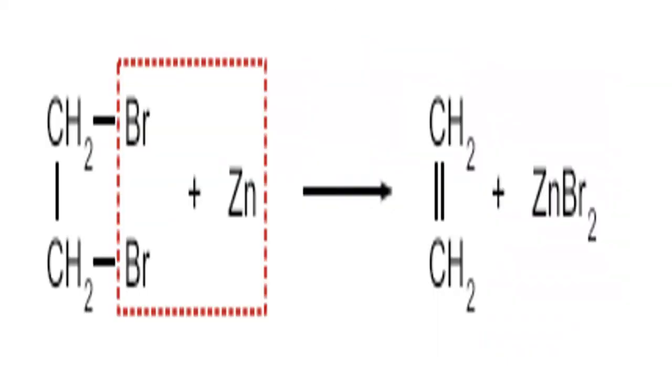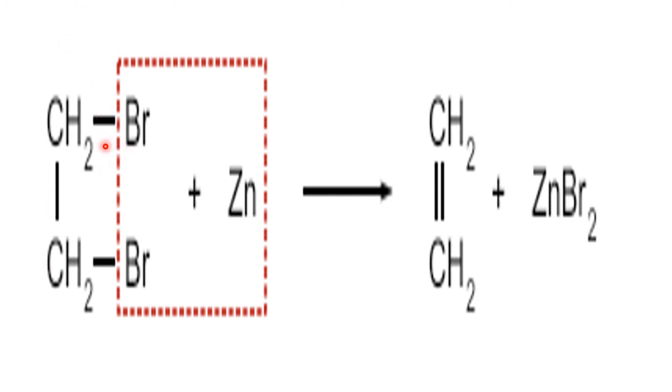Okay. Now, one more, from vicinal dihalides. Okay, what are vicinal dihalides? Vicinal dihalides means halogen atoms attached to two different carbon atoms. By chance, if this pair is on the same carbon, they are called gem halides. Okay, if two halogen atoms are attached to the same carbon, they are called geminal. If two halogen atoms are attached to two different, adjacent, side by side carbons, they are called vicinal dihalides.